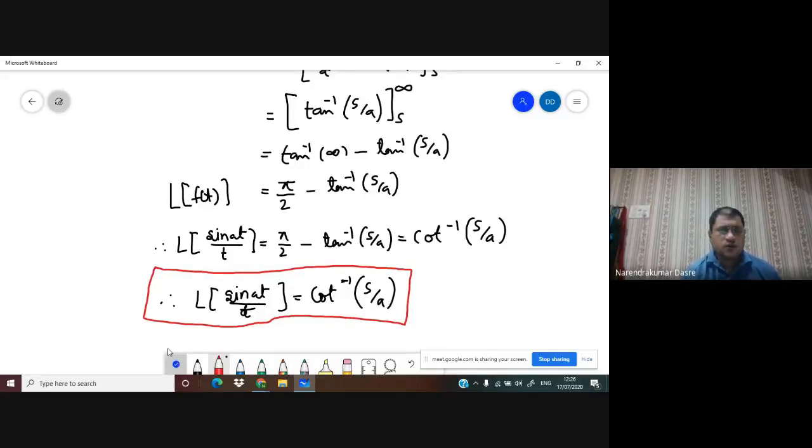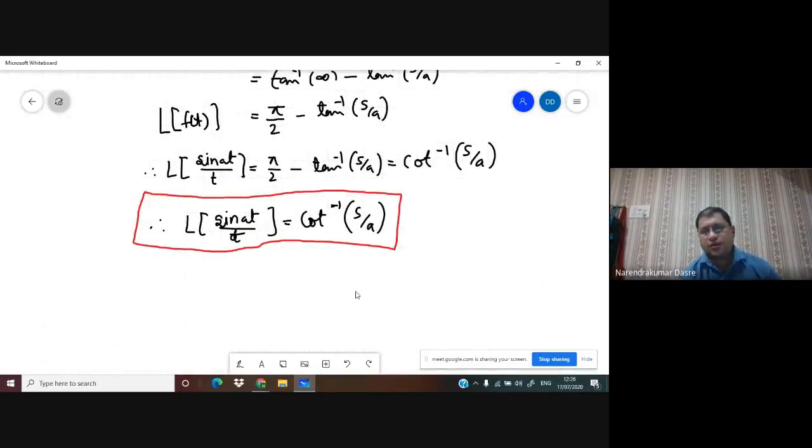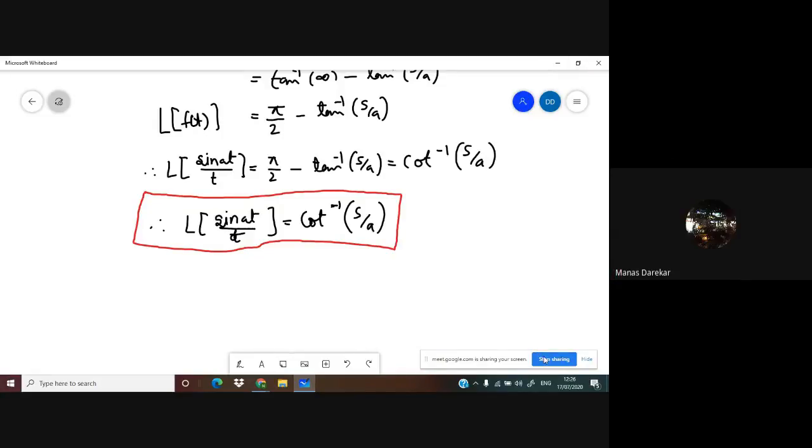So we got this. Do you have any problem or any query in this example? No, sir, no. Okay, so all of you have understood this, correct? Yes, sir. So you don't have any problem. You have understood this example and got the solution for this example also.